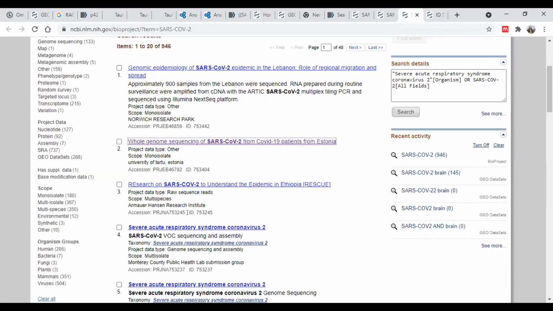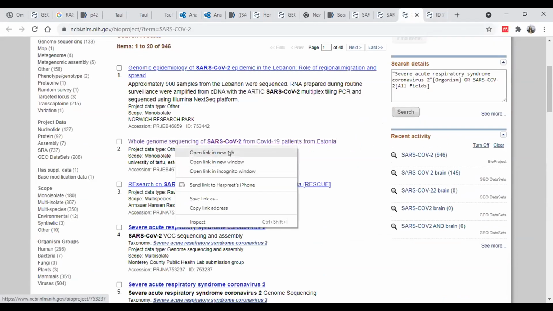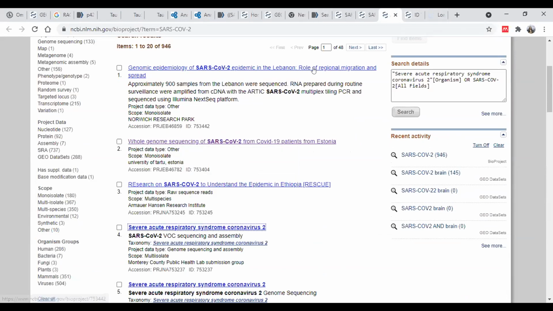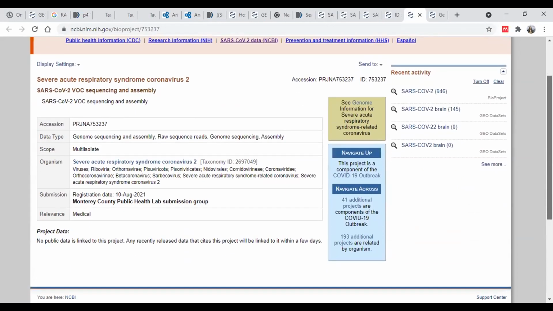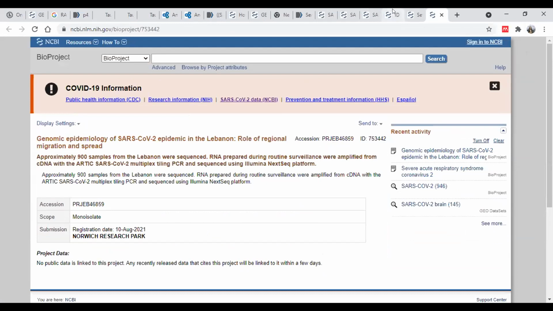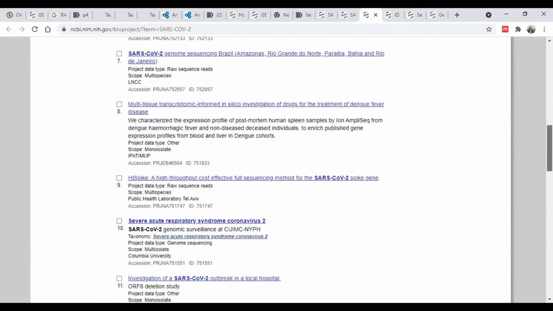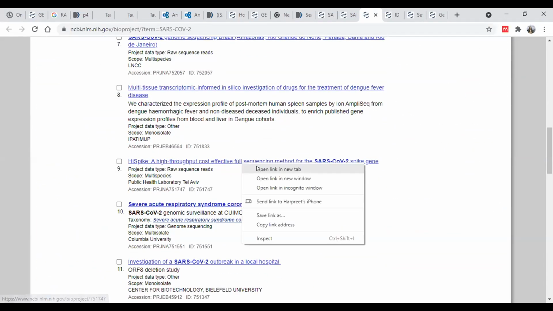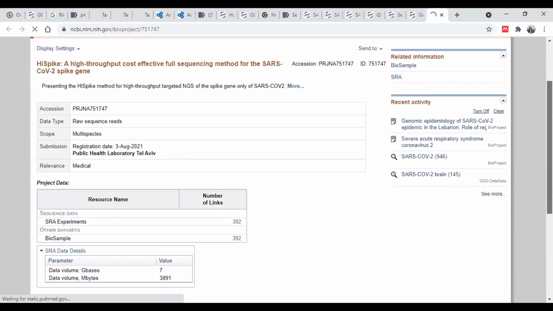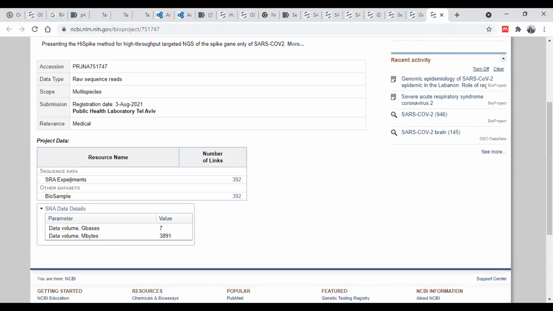And more importantly, many times you can also find the links to the data sets as well as the metadata links. So for example, for this project, this is how you can go to the bioproject. These are the different bioprojects. Then here you will have the links to the raw data as well as the metadata, where you can go to either SRA or the biosample. So you can take the data from here.